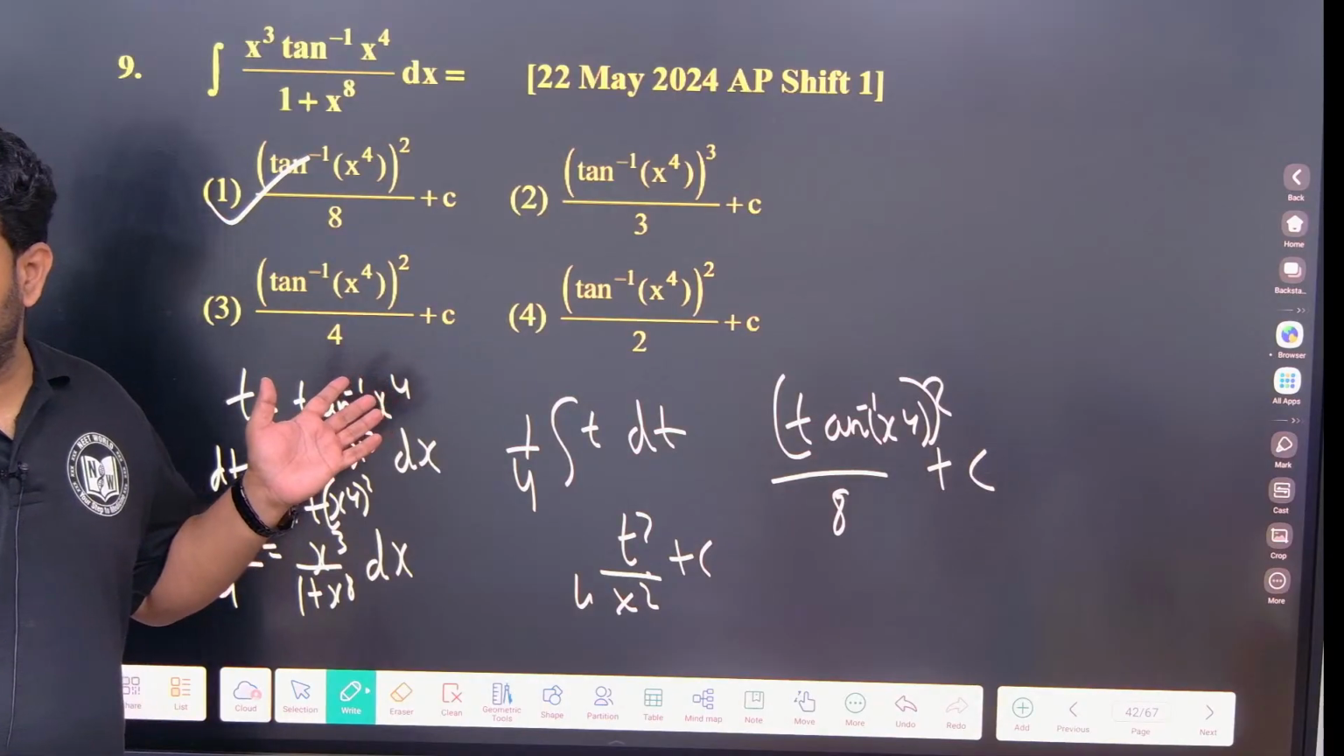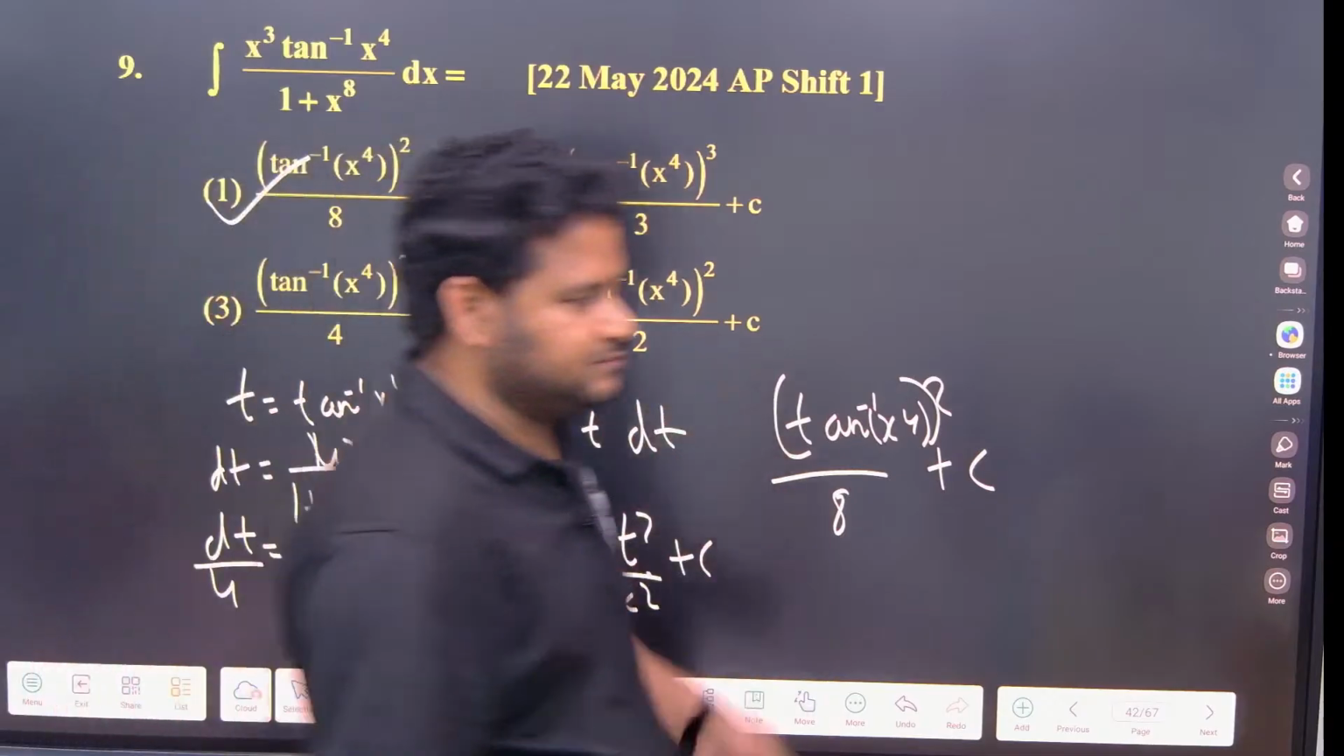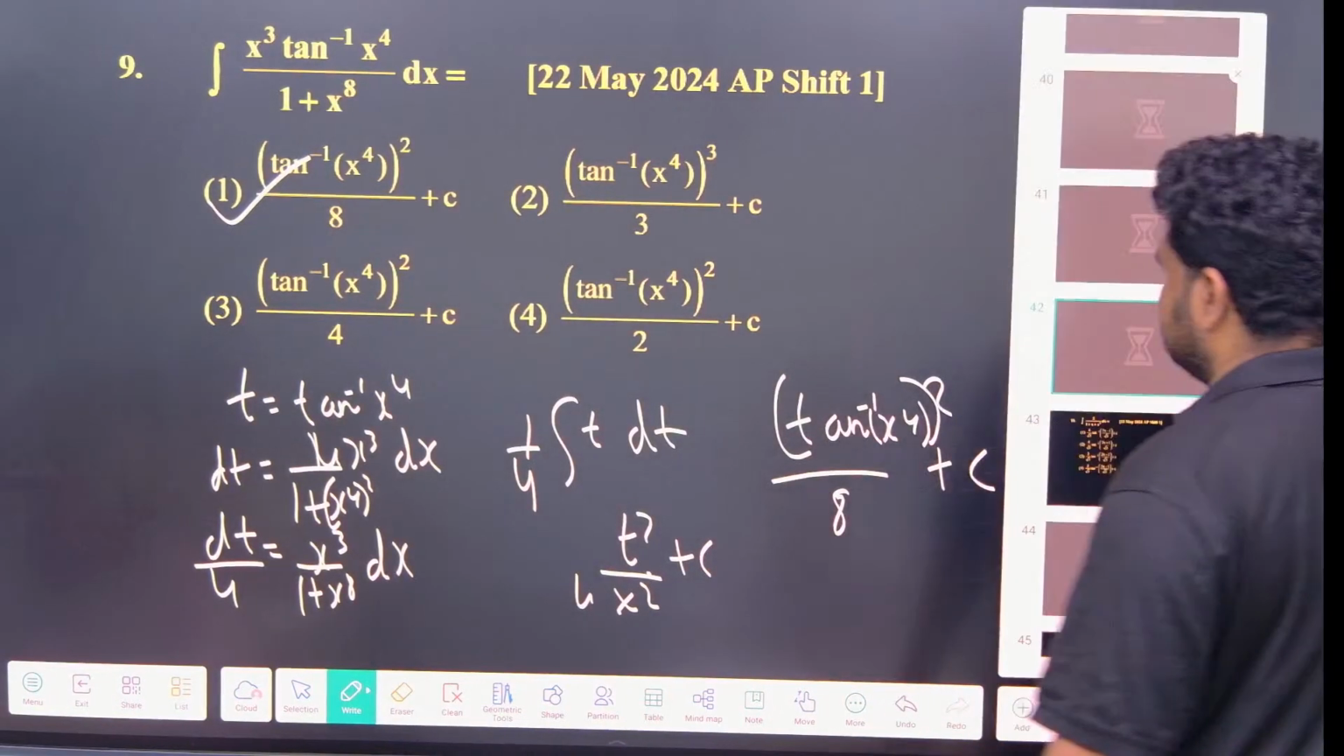Clear? Understood everyone? We can take this substitution, tan inverse of x we can take as t. Clear? Okay. Now